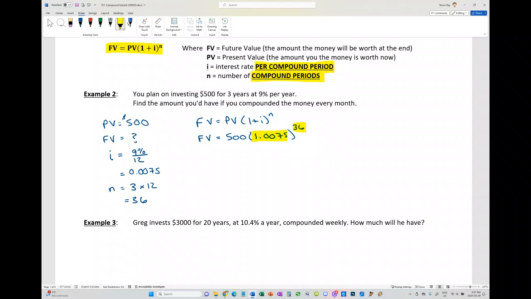I'd hit the equals button then. And when I've hit the equals button, I'll get out some number, and then I'm going to multiply that by 500. Either way, if you're getting the right answers, you're doing it correctly. Different calculators handle BEDMAS differently, so you do it however works for you. But if you're getting the wrong answers or different answers than I'm showing, try doing it a different way. And if you're getting them right, I don't really care what order you punch stuff into your calculator. Anyway, when you do punch that in correctly, you should get out